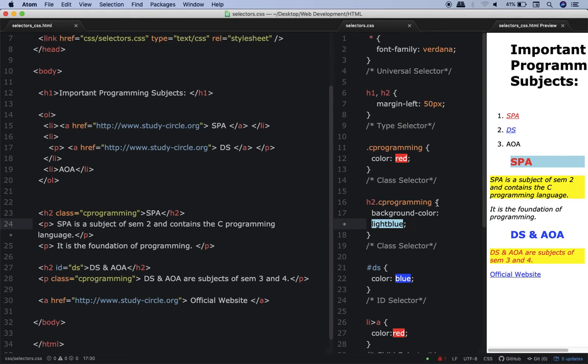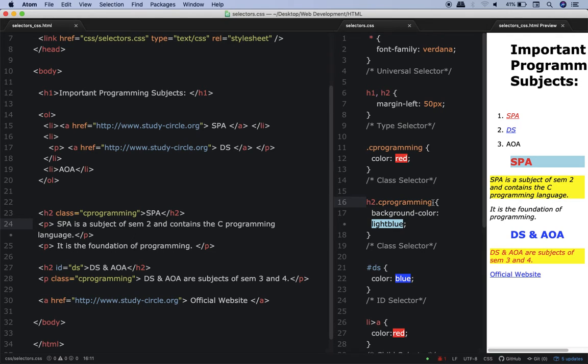If you are coming from a language like C and Java, you can say that this is something like logical AND. I hope you remember what logical AND does. The element should be h2 and the class should be C programming.